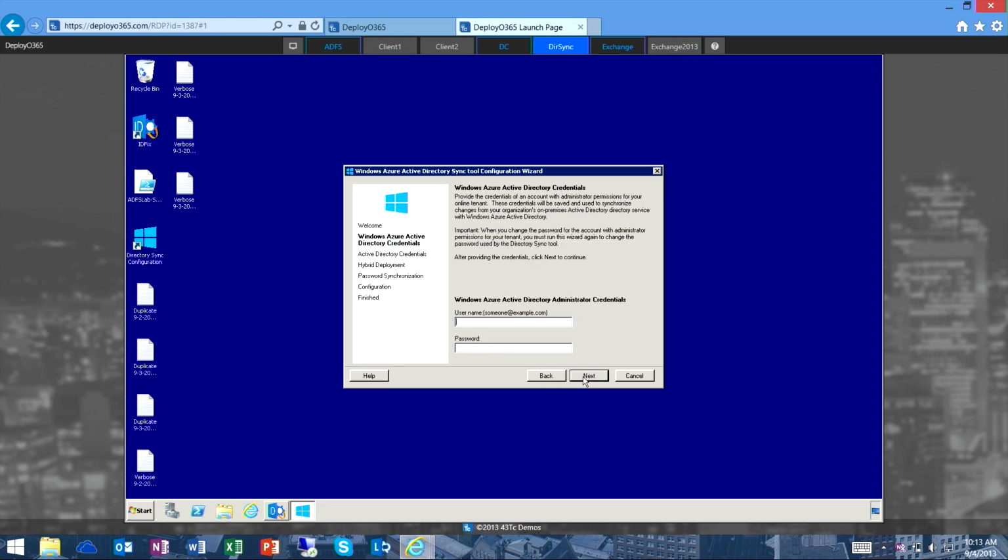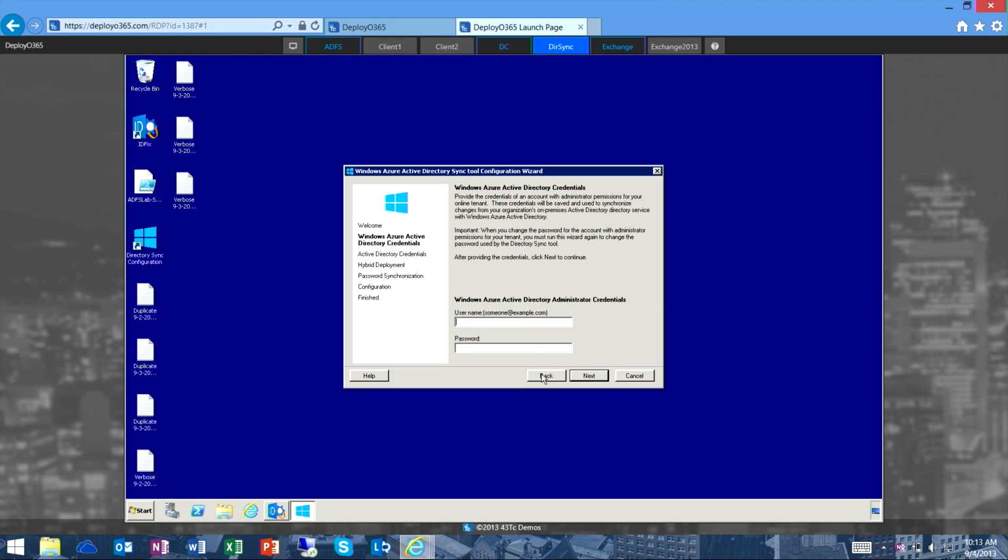Now, it is a simple point-and-click tool. I go through, I specify a username and password for my existing domain, and this will probably be a service account that you'll set up, which has read access to your accounts within your Active Directory. It has the ability then to pull those accounts out and push them up to 365. I then put in the admin credentials for my 365 service as well, which will allow me to have an account there that will actually go and create those accounts for me.